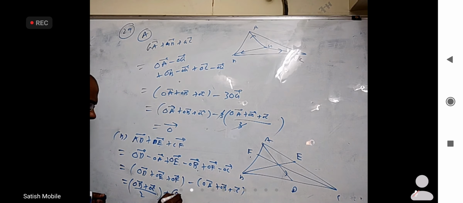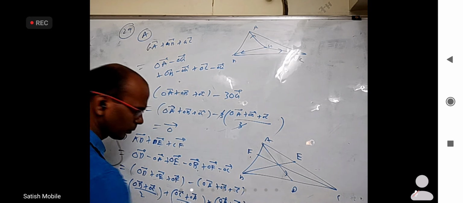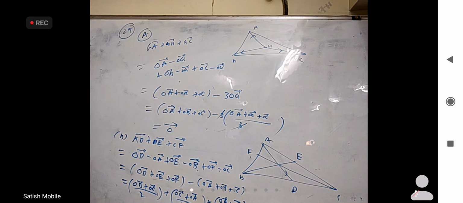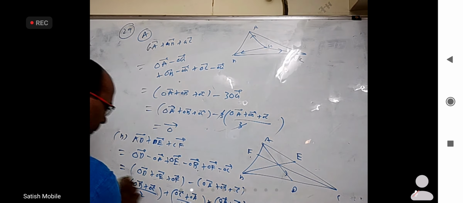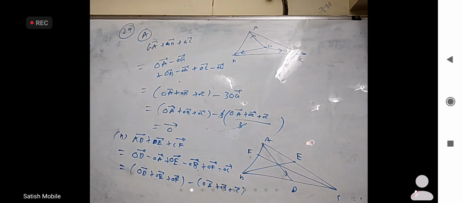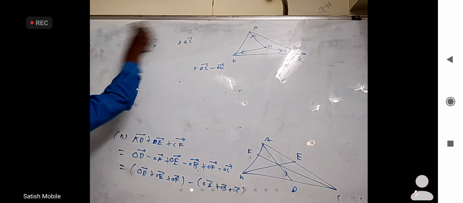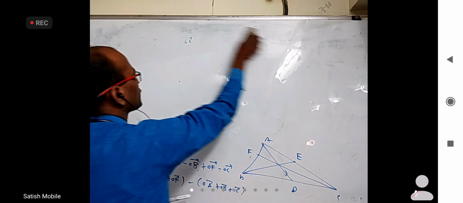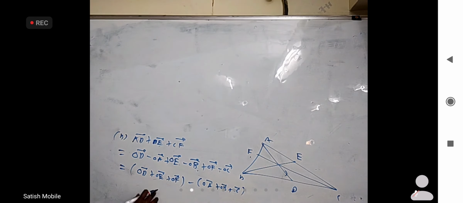OE is the midpoint of C and A: OC plus OA by 2. OF is OA plus OB by 2. Okay, everybody clear about this A bit, right? Once again, I expected many of you would have completed this on your own. There are just some people who have not tried or did not get it. I'm just telling it for them. Others can keep trying questions further. So this is method 1 for this B bit.